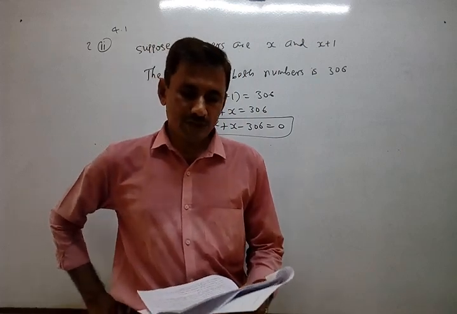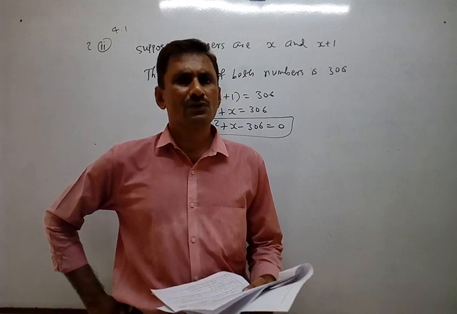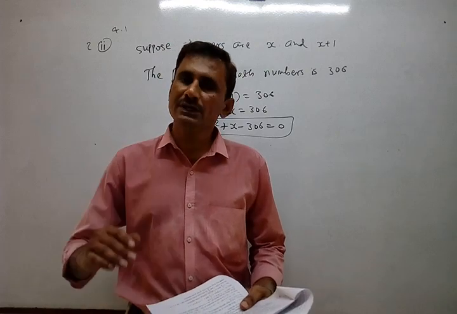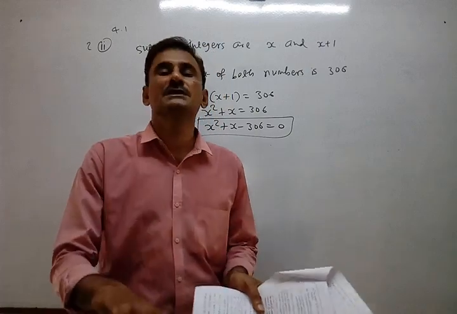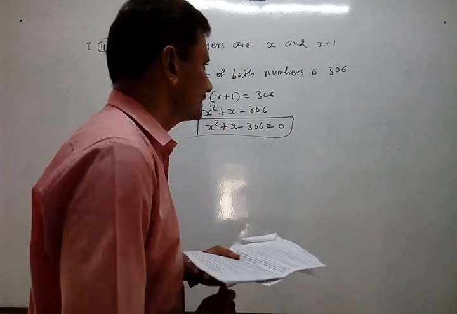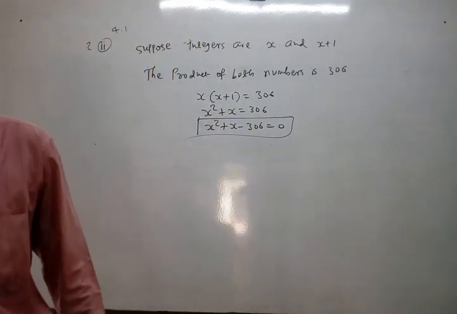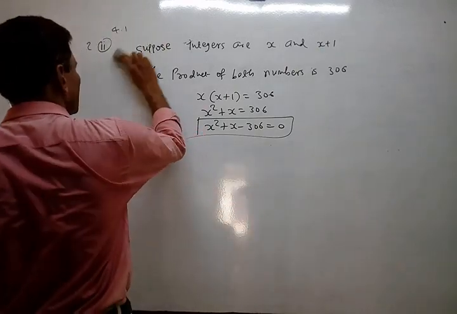Now, Rohan's mother is 26 years older than him. Rohan's age is asked, so we obviously suppose Rohan's age. Otherwise, you can suppose any one person's age, no problem. But here Rohan's age we have to suppose because that is asked. Whatever is asked, that is to be supposed. Okay, so now number 3.